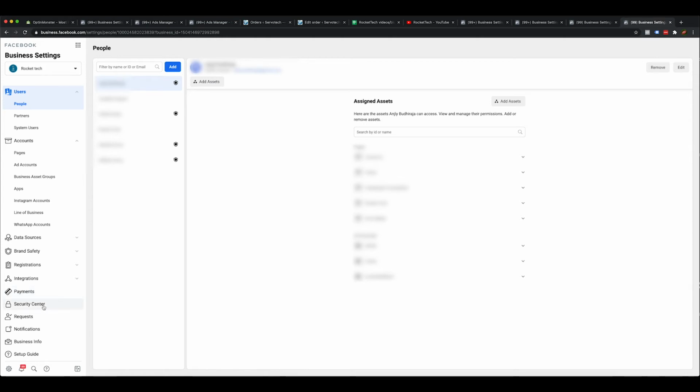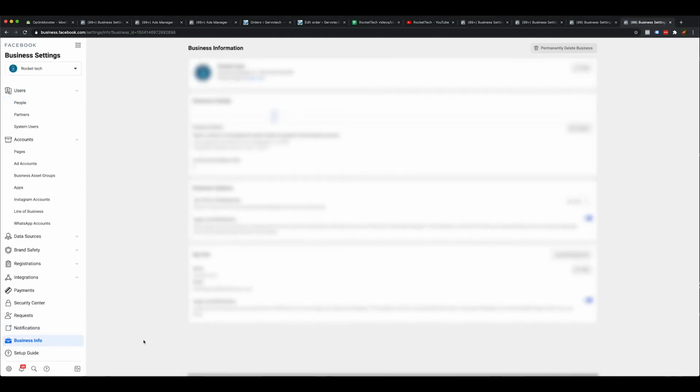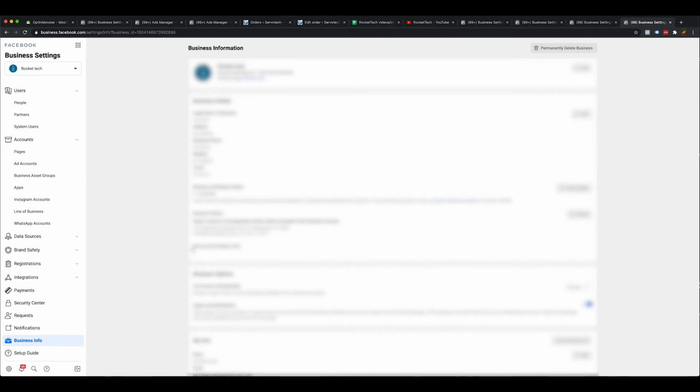And by the way, one bonus: if you want to check how many ad accounts you can create from your business manager, go into business info, scroll down a little bit, and here you can see the ad account creation limit. Since my business manager is old and we have spent a lot of money from it, I have a limit of 5 ad accounts.